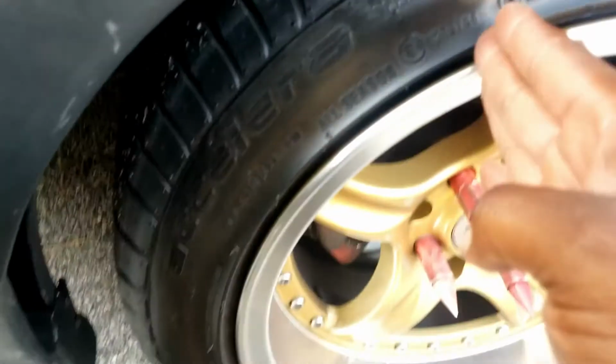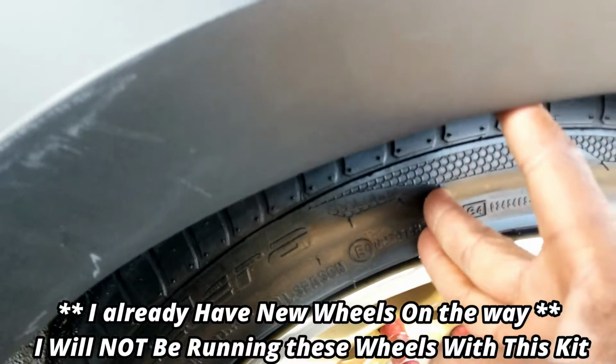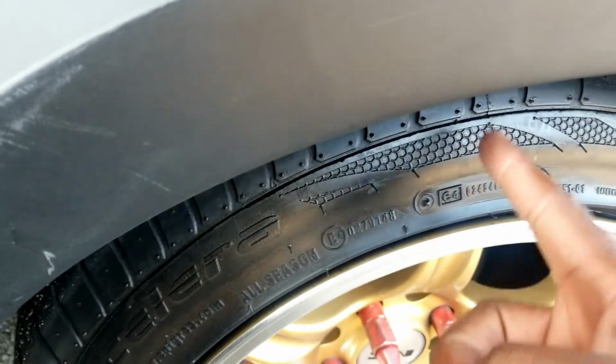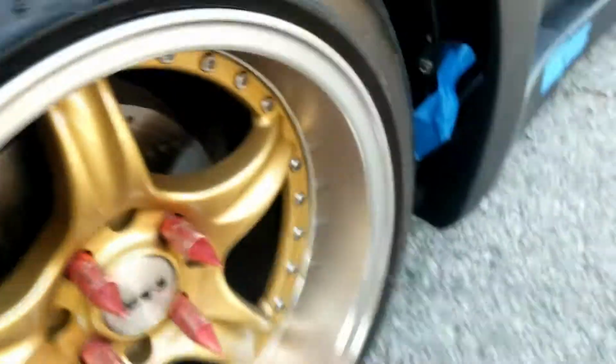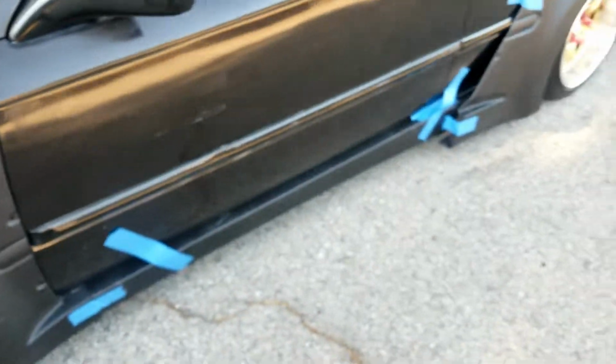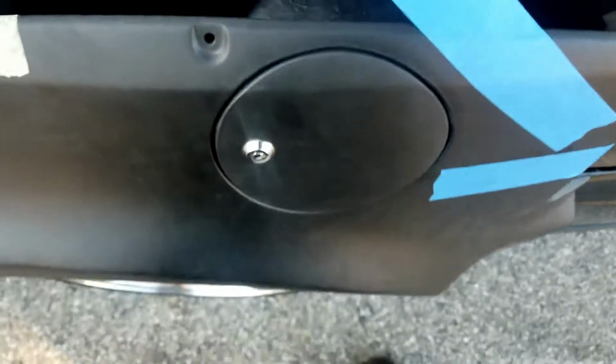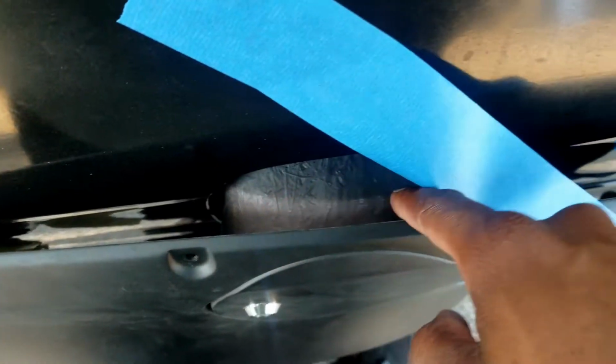Where's the gap? Probably about a whole inch away. Side skirts are no problem. The main thing is we need to shave off this part so it's more flush, and the main part is